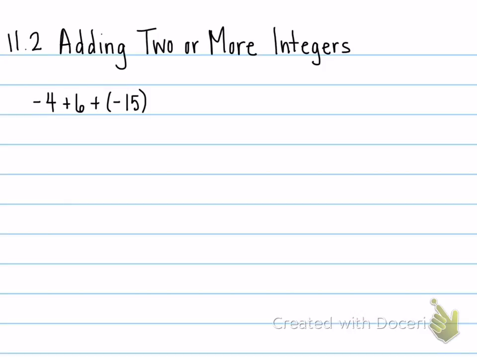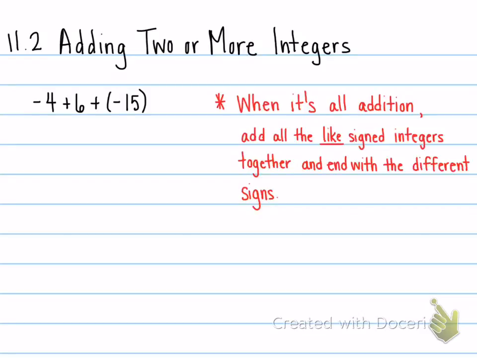Why don't you try and solve it and see how you do it, and then come back and watch how it's done in the notes. Okay, let's see how you did. My advice is that when it's all addition, you should add all the like-signed integers together, because when you add integers with the same sign, you just add and keep the same sign, and then end the problem with the